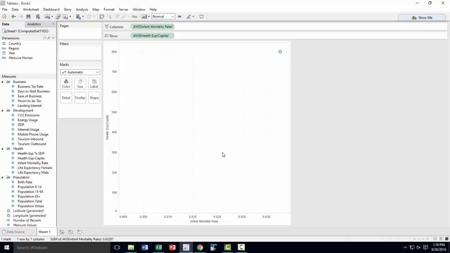Okay. So right now it is the average of all the observations in the database for these two variables, so you get only 1 point. So the level of detail here is at the top. Very low granularity. Okay. Very high aggregation. Suppose we